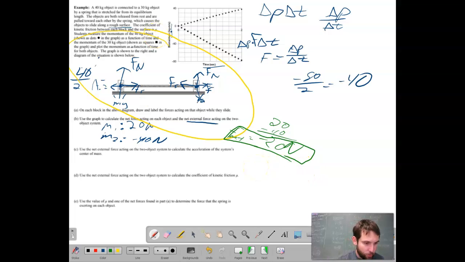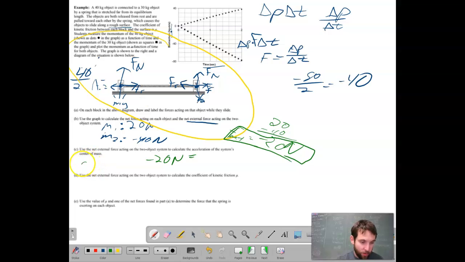Now it'll be easy to do part C. Use the net external force acting on the two-object system to calculate the acceleration of the system's center of mass. Remember, when we're dealing with the center of mass, we're treating the whole thing as one object. We're just concentrating everything into one tiny little dot. So using this negative 20 newtons,